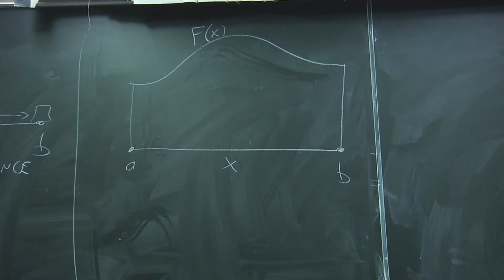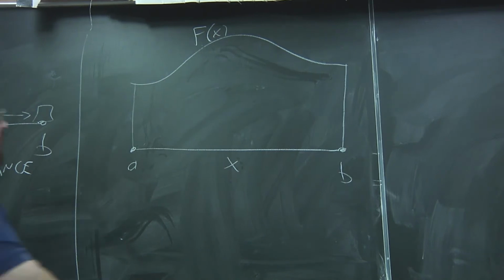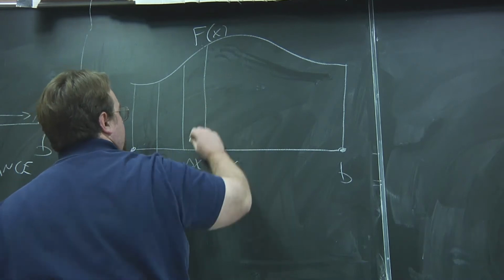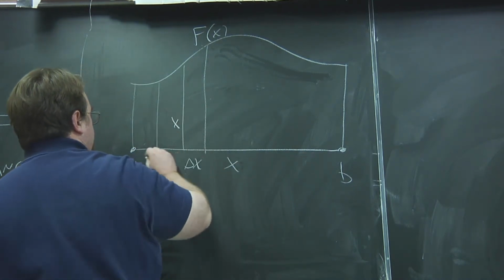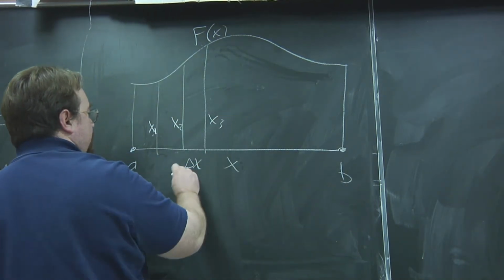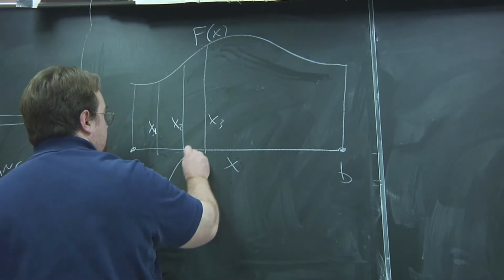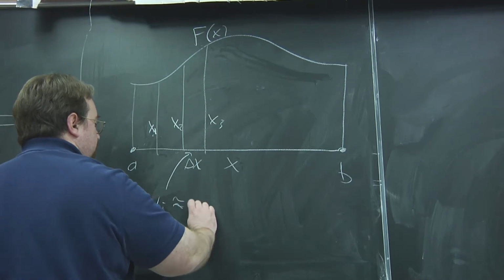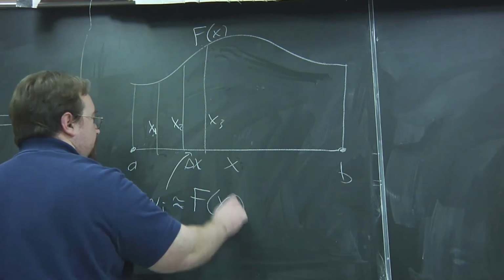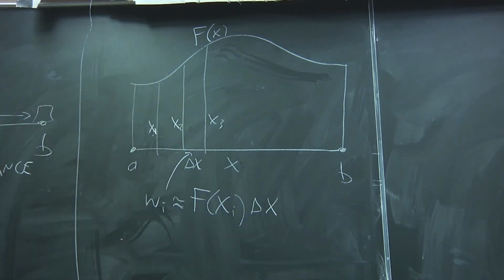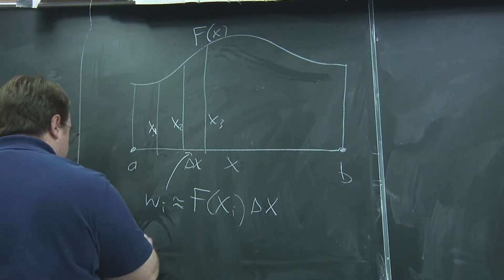Then the way you compute the work in that case is you apply the simple formula for work on several subintervals with delta x. So here we have x1, x2, x3. So for instance, on this interval, the work is going to be roughly force evaluated at a certain x between here and here, times distance, which in this case would be delta x. So the total amount of work,